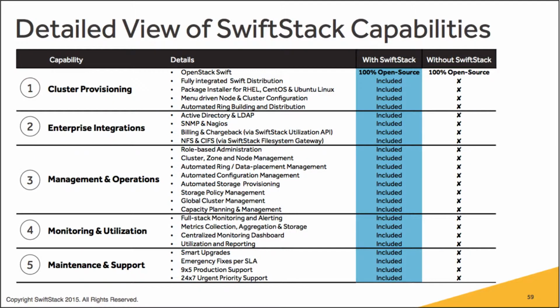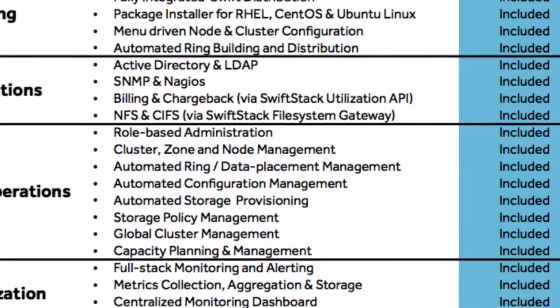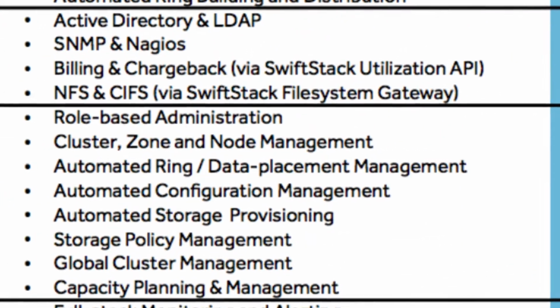Every little line that you probably can't see is what we provide, that if you download Swift yourself, you have to learn how it works, you have to learn how to manage it, and you have to manage it at a distributed scale. SNMP, Nagios, we do SNMP traps from all the nodes. We take the information into the controller, which can SNMP trap your current monitoring system. We've written custom Nagios check scripts that get deployed on every node. So if you have a Nagios type monitoring system or anything else where you can execute remote checks, the code is there, right? It's all scripting, so you can open up the check things to see what we are querying